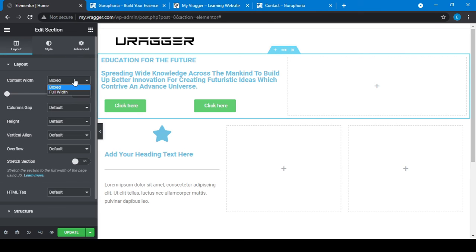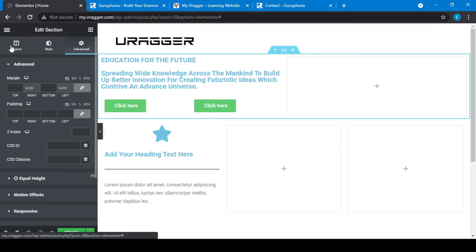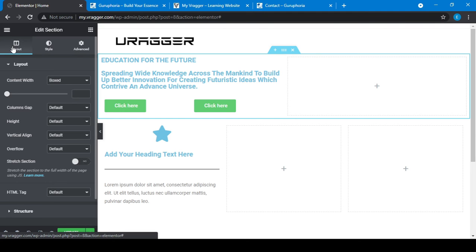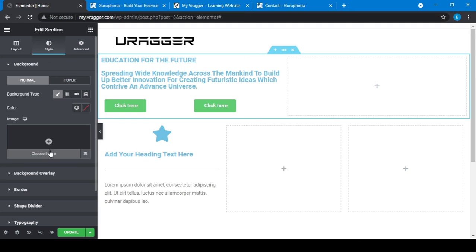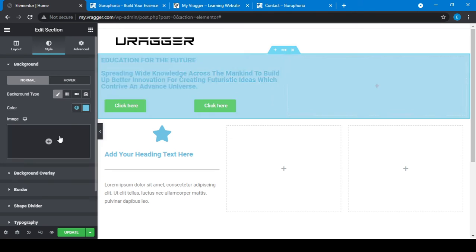Here's our layout. So I will go to our layout and then style. Background, there is normal. So I will choose classic. Then I have to choose an image. I'm not putting an image. I will just put a blue color here.